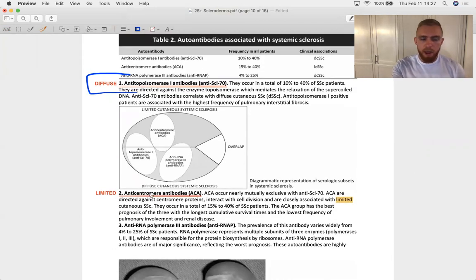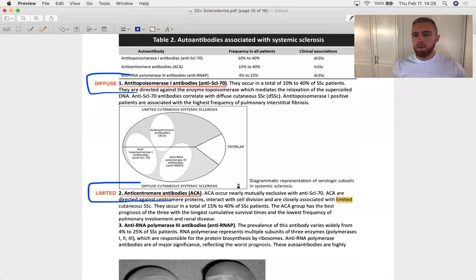Likewise, if a different answer choice in the same question is anti-centromere antibodies, you know that these ACAs are referring to a patient with limited systemic sclerosis. One more time, what's the difference here? Limited, that's your CREST syndrome, right? That's your calcinosis cutis, your Raynaud, your esophageal dysmotility, your scleroderma, as always, and your telangiectasias, which commonly appear on the face and hands. So there's no viscera involved in a limited systemic scleroderma, and you would expect to see